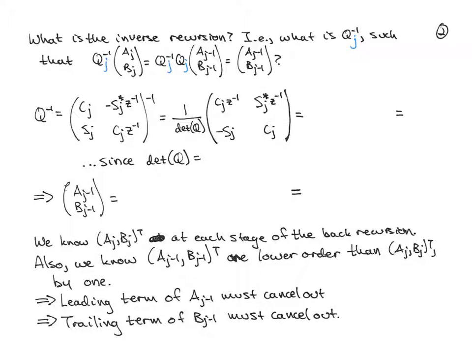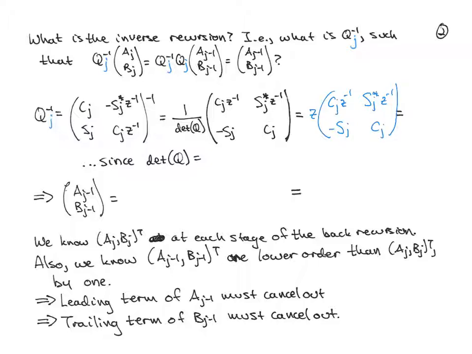That is, how do we invert this rotation matrix? What is the inverse rotation matrix that gets us back to the rotation immediately following the previous time point? Okay, so q sub j inverse is this guy inverted, right? This is the definition of q sub j, so inverse. Then we calculate its determinant and transpose everything. And what we get out of that is z times c sub j, z inverse s sub j complex conjugate, z inverse, minus s sub j, c sub j,